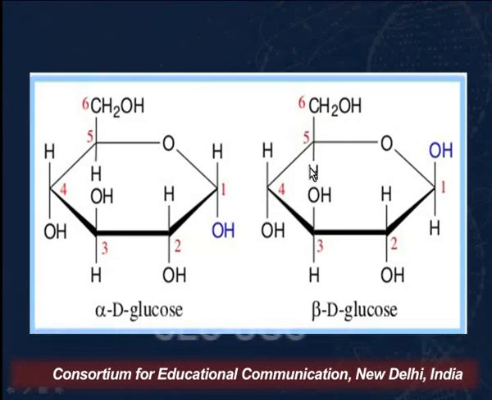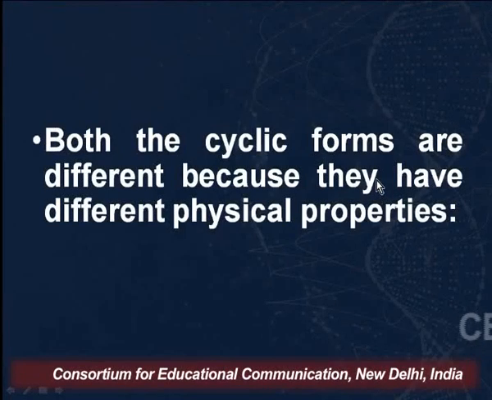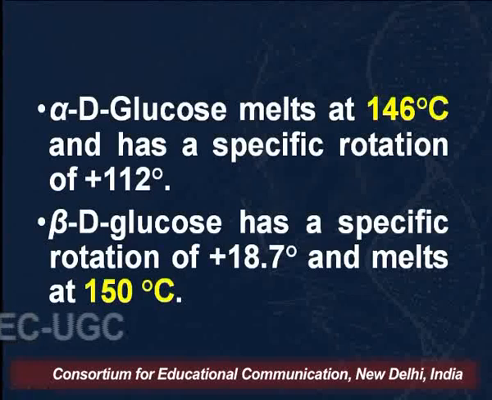So that means their physical properties will be different. They are not enantiomers, because you have to remember that enantiomers are non-superimposable mirror images of each other. So if they were enantiomers, the configuration at the second, third and fourth carbon should also have been different, which is not the case. So these are a pair of diastereomers. And we know that when we talk of diastereomers, their physical properties are different.